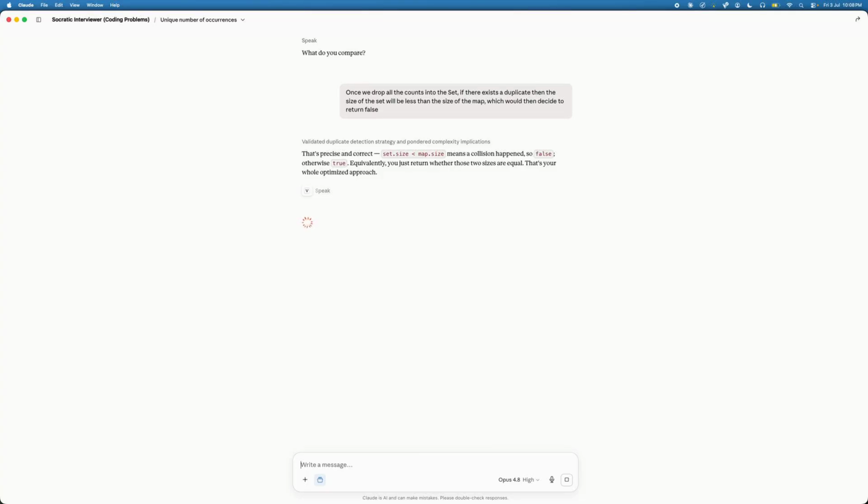That's precise and correct. Set size less than map size means a collision, so false, otherwise true. Equivalently, return whether those two sizes are equal. That's your whole optimized approach.